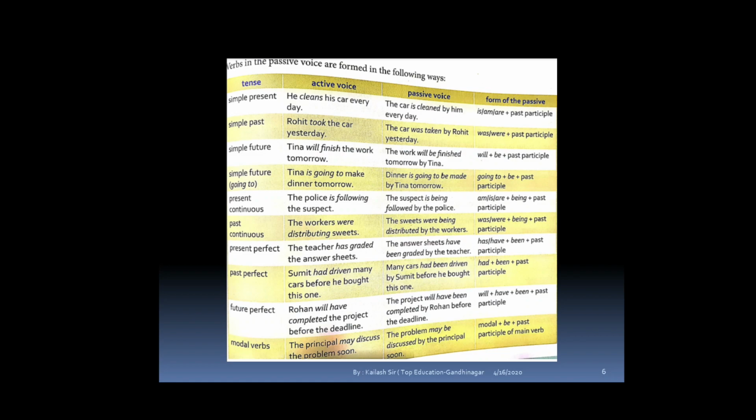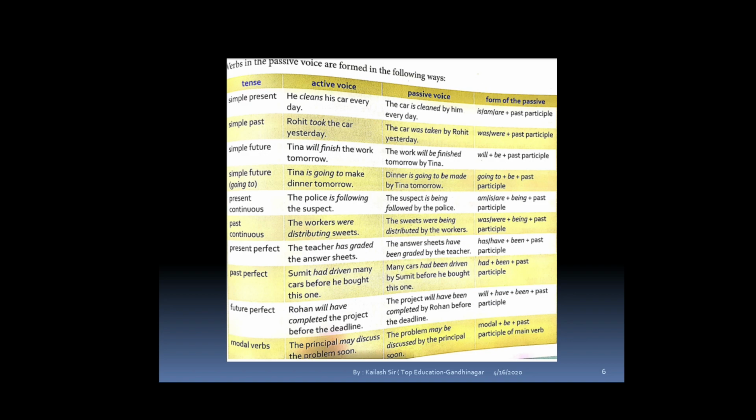Now, as you can see in this slide, the tense is given, the active voice column is given, then it is turned into passive voice. Then the form of passive, that is the method, is used. The first and last column you need not write, but examples you have to write. Suppose the first example is active voice: he cleans his car every day. Then you have to write its answer below it, passive voice. AV, PV, you have to write in the margin and go on.